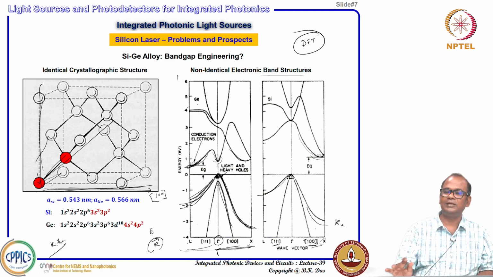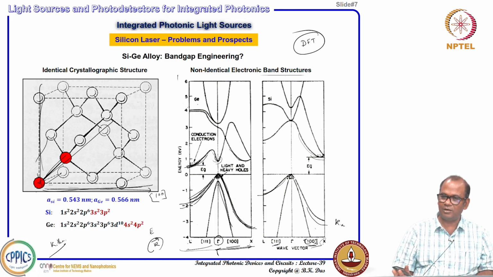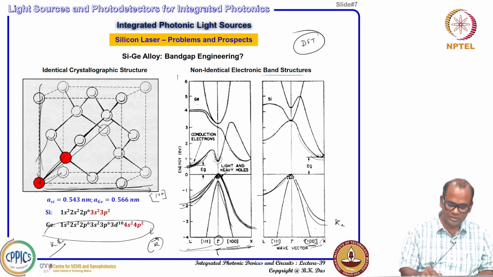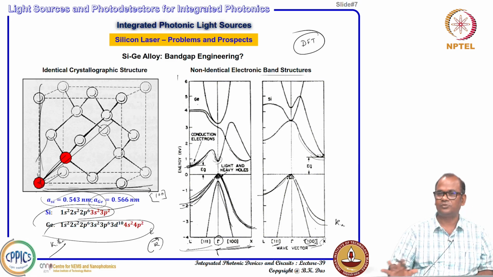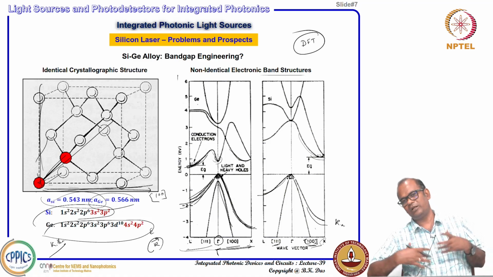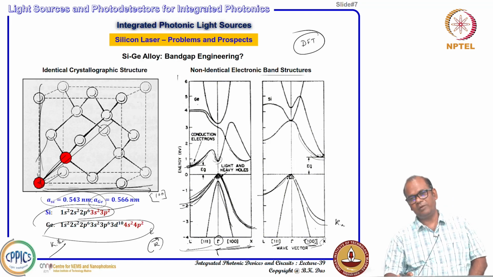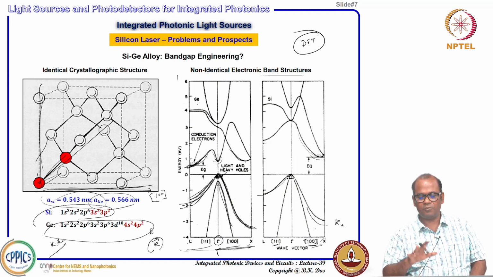So, both silicon and germanium are indirect band gap semiconductors, but their E-k diagrams, their band structures, are not identical. This is because their electronic structures are different, their lattice constants are different. Okay. That is why you are getting this. So if you analyze different types of semiconductors, different types of crystals, you will get different band structures. These are very complicated. If you are studying solid state physics, you can go into much more detail, but for this course, for engineering purposes,